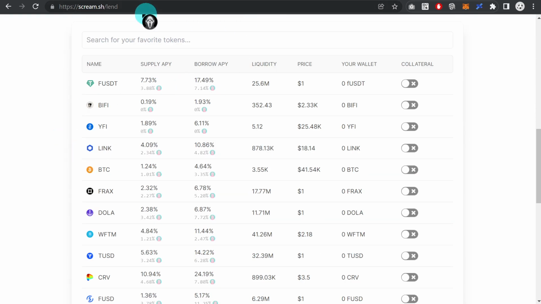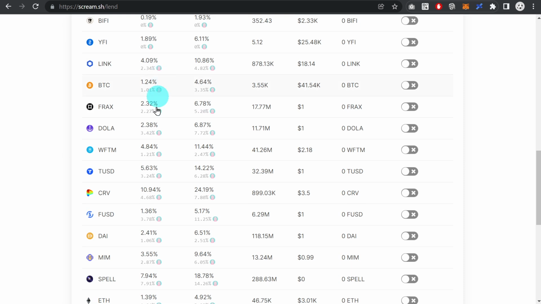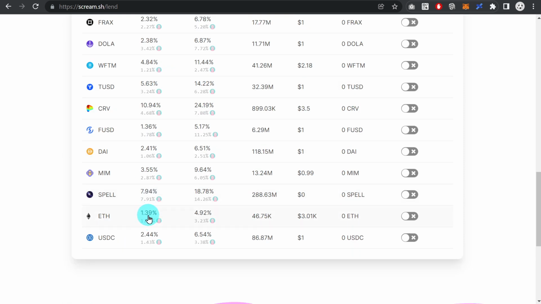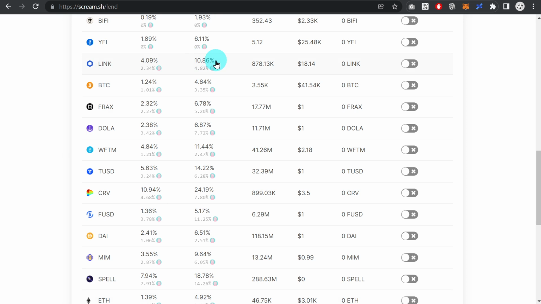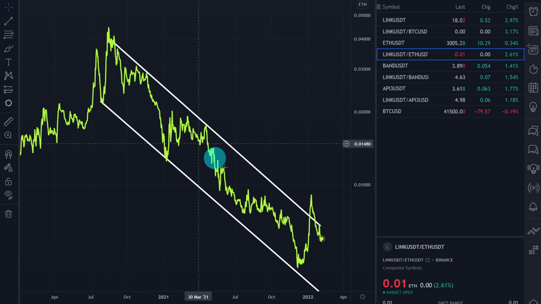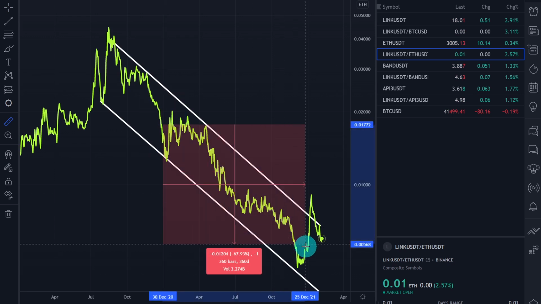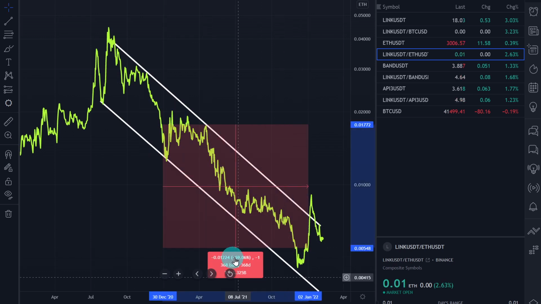So that's Scream, again, very nicely presented in a single overview table. Supplying Ethereum gives us 1.4%. Borrowing Chainlink costs 10.8%. So that's an annual delta of around 9%. So here we need to outperform by 9%, or in other words, the minimum Link versus Ethereum has to fall is 9%. At that point in time, we would be break even. By the way, if you're wondering how much this is actually falling, let's maybe look at 1 year of data here. That's a loss of 69%, roughly, right? This is just the middle of the trend channel over here.